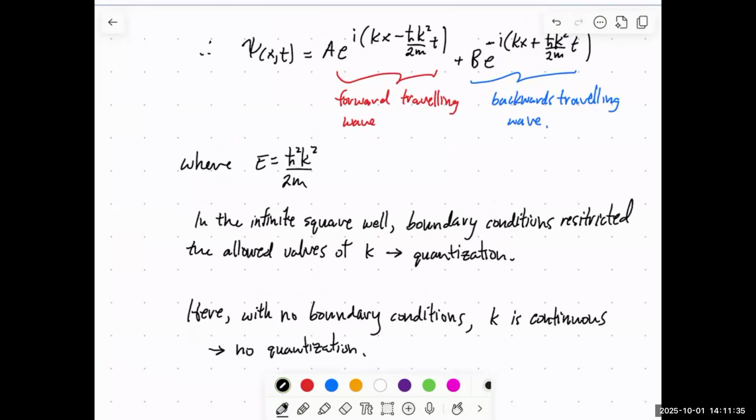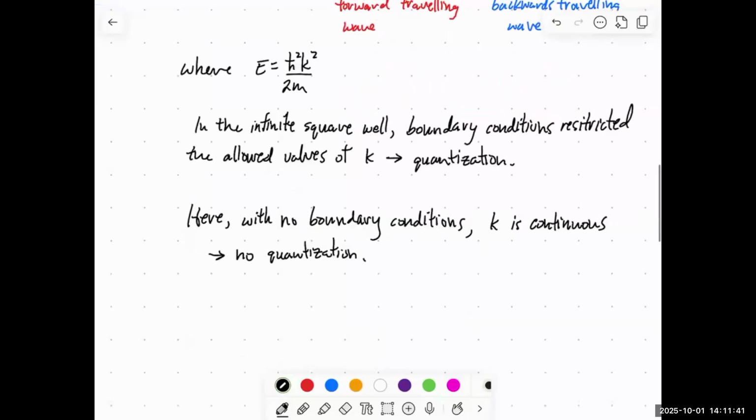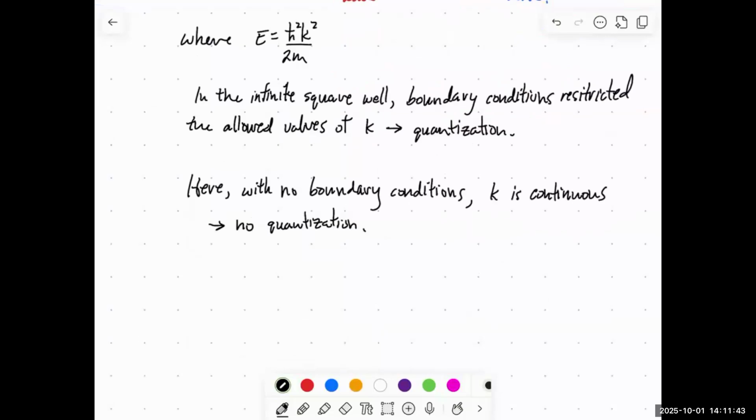And we chose only positive values of n, which meant we only dealt with positive k. Okay, so we're going to allow k to be positive or negative,